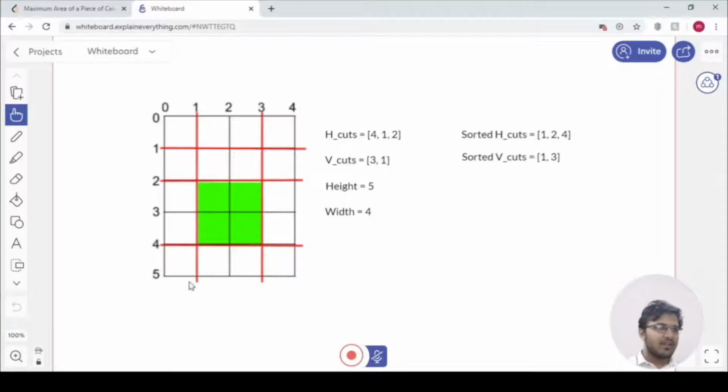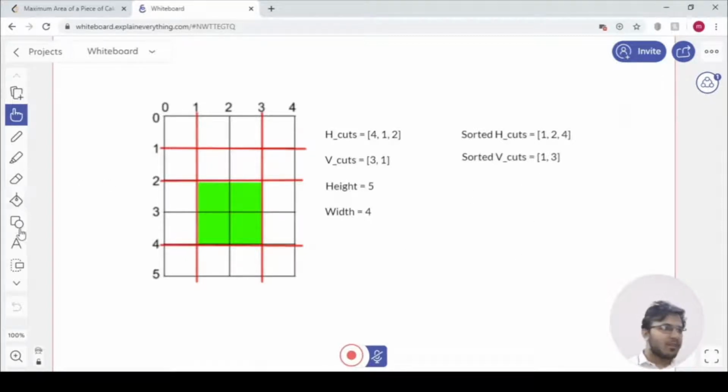So in this way we can see that we have the pieces, that is the length of the pieces in which the cake is cut. Similarly from left we can see that this here is the horizontal distance from vertical cuts, that is from 0, from the leftmost corner, to the first cut, that is here 1. This here is the distance from the first cut to the second vertical cut, that is 3 minus 1 here, 2. And this here is the total width minus the last cut, that is total width is 4 and this here is the last cut. So this distance here is 1, that is 4 minus 3. So we have figured out the pattern.